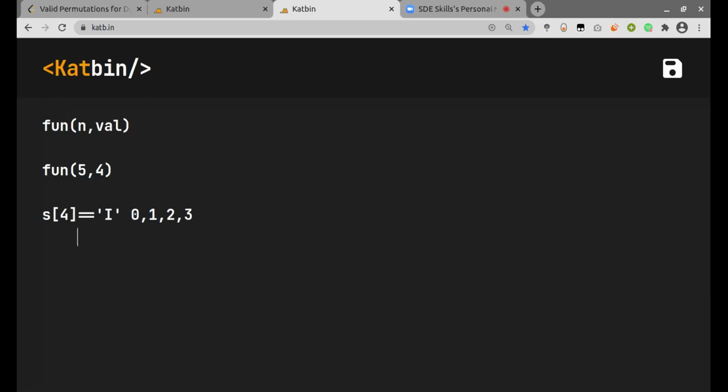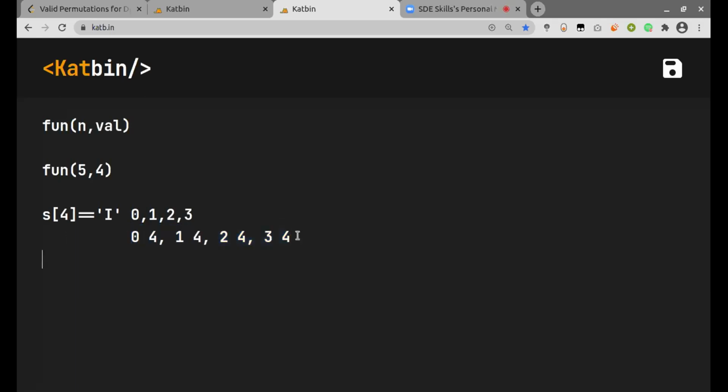The reason is, 0, 4 is an increasing sequence. Similarly, 1, 4 is an increasing sequence. Then 2, 4 is an increasing one, and then 3, 4 is also an increasing sequence.